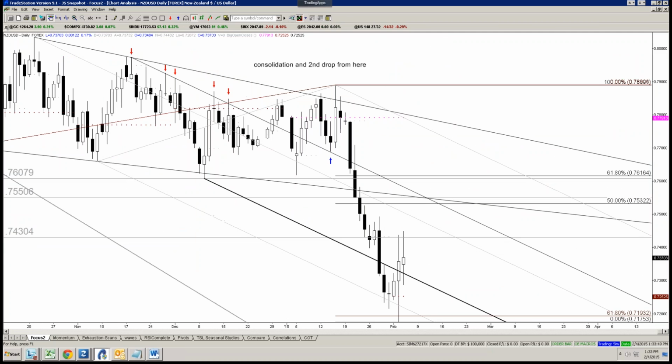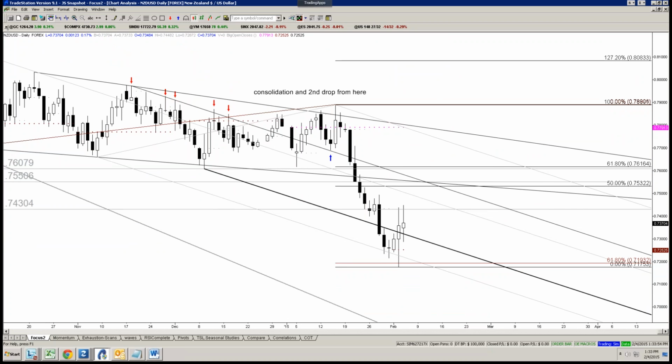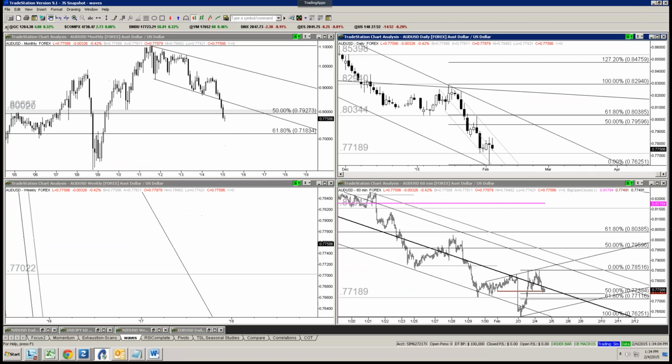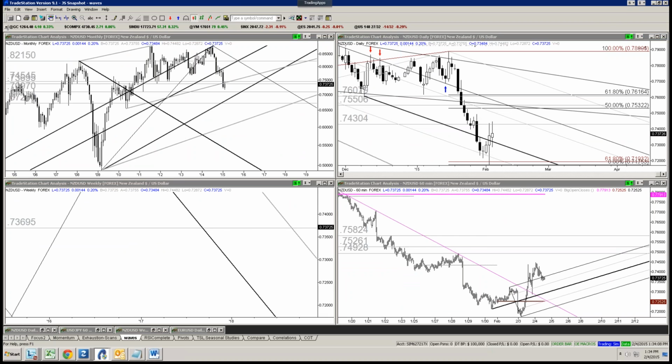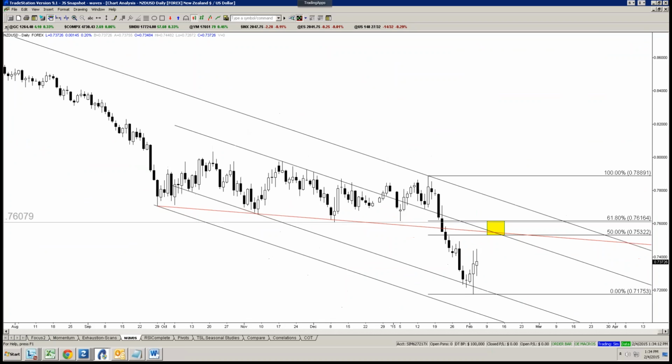back up into 75.30, sorry. Hold on, this is not the chart I showed. The chart I showed was much cleaner. It's this one. Yeah, there it is. So if Kiwi can get back up towards 75.30,